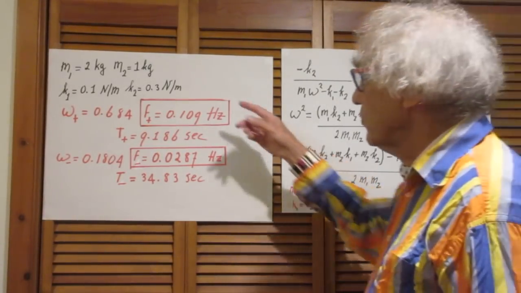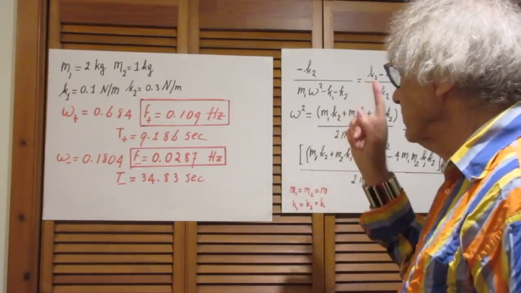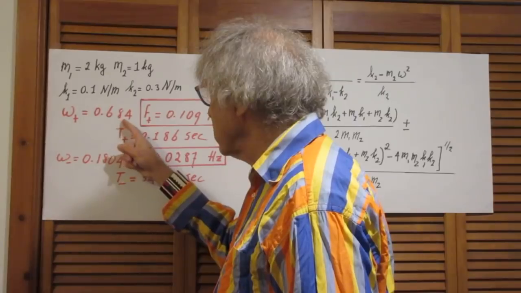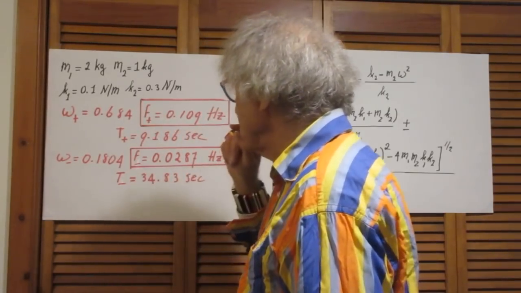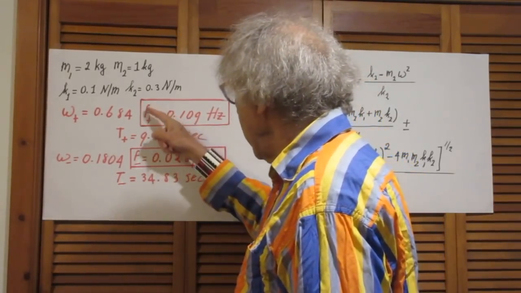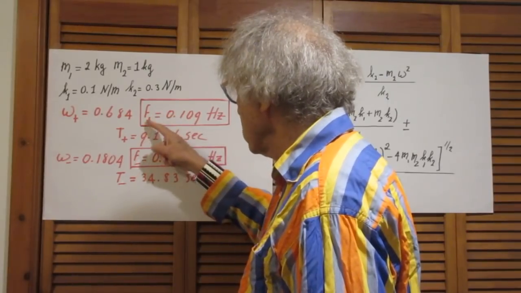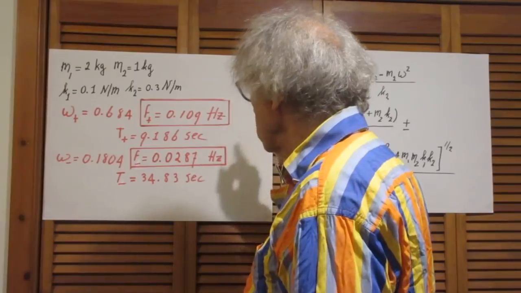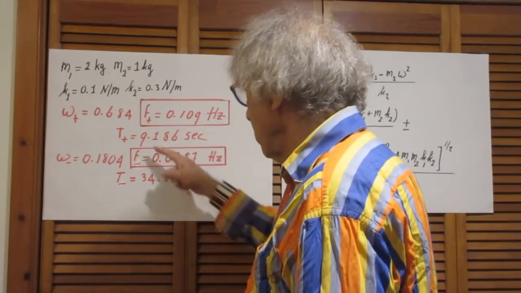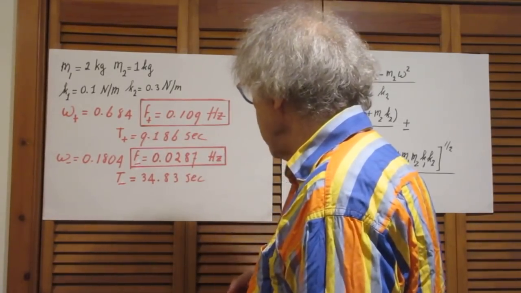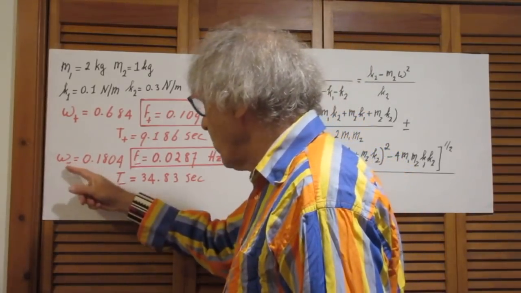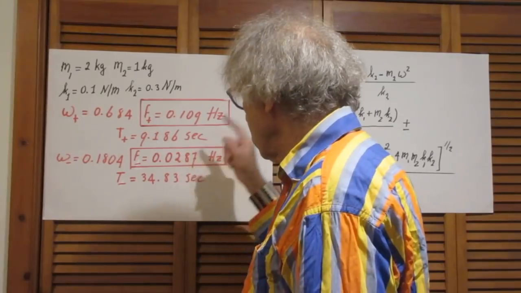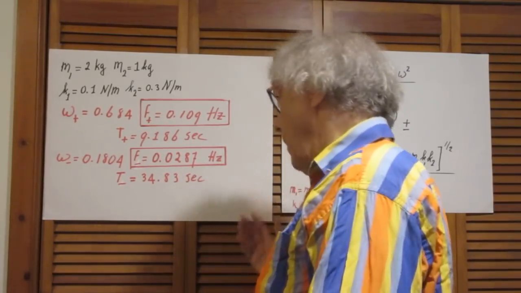So I substitute these values in here, and I find for omega plus 0.684 radians per second. That makes f plus, the frequency in hertz, the highest frequency, 0.109 hertz. That's the period, a little more than 9 seconds. And I find omega minus this value, with a frequency in hertz of 0.0287, which is a very long period,